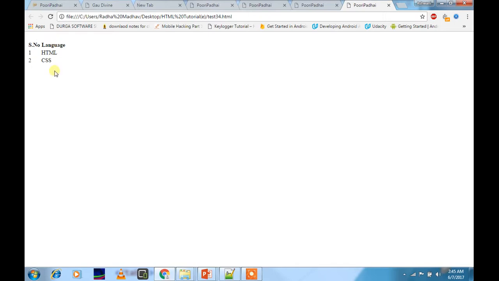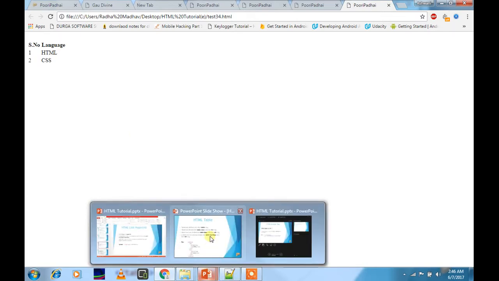And if you want to identify rows, you have to go from left to right, from sr to language, 1 to html, 2 to css. This is called a row. Moving left to right is called a row. Moving top to bottom vertically is called columns. So this thing has to be very much clear.